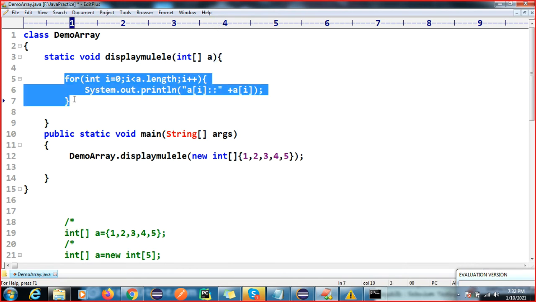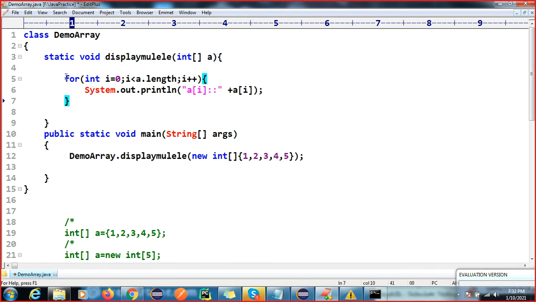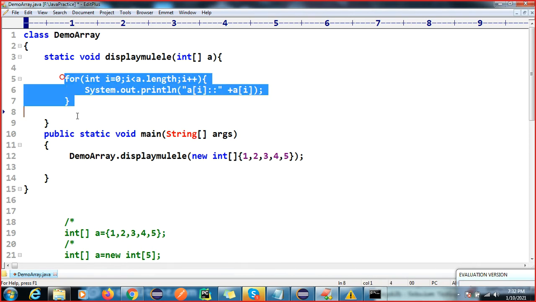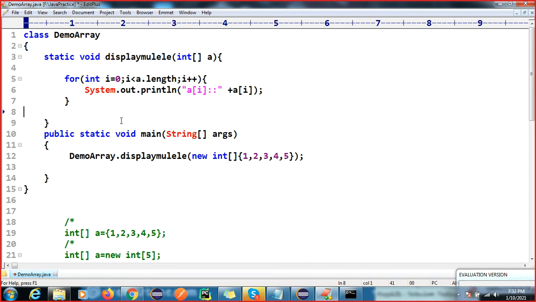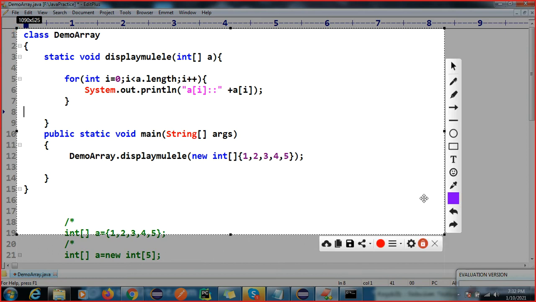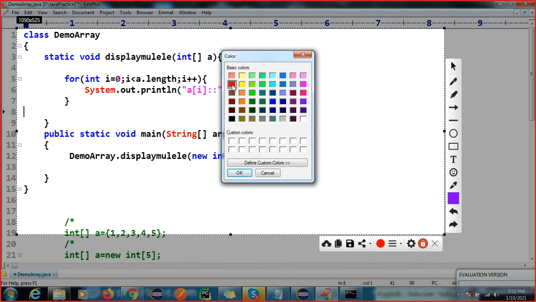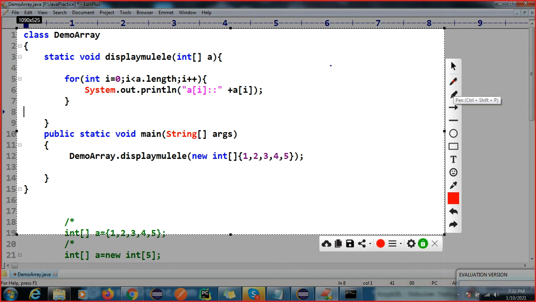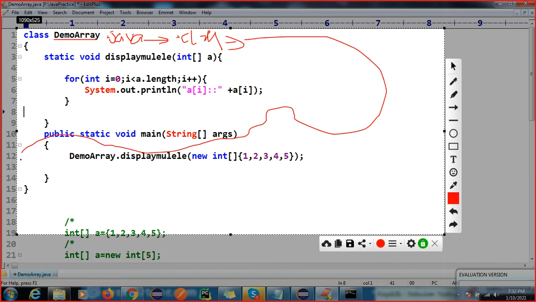In this method we have a for loop. The concept is the same. If you remember how this was working when you went through the basics of control flow: this is your .java file, then you compile it to a .class file, and when you execute your code, control goes to your main method.